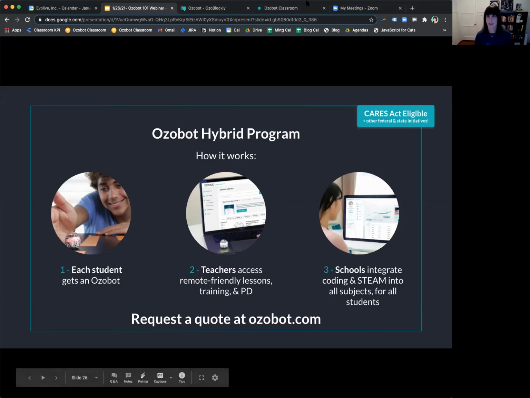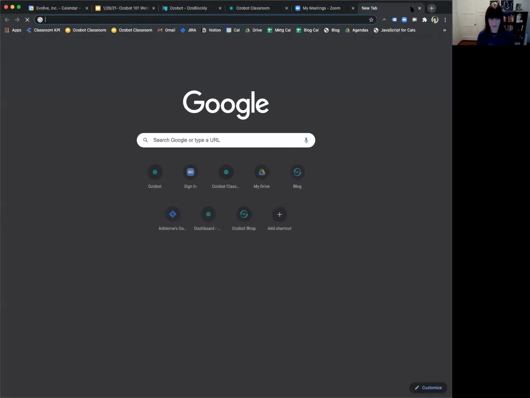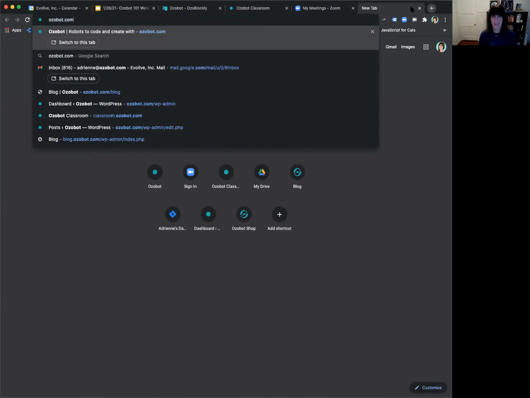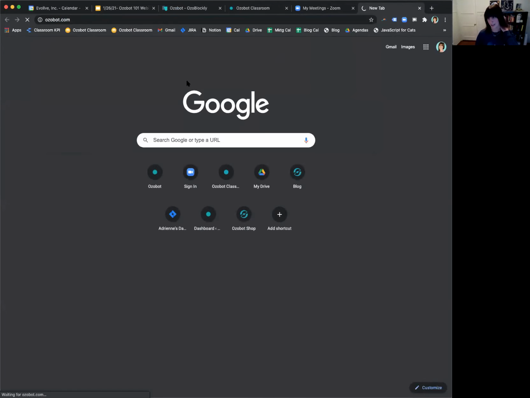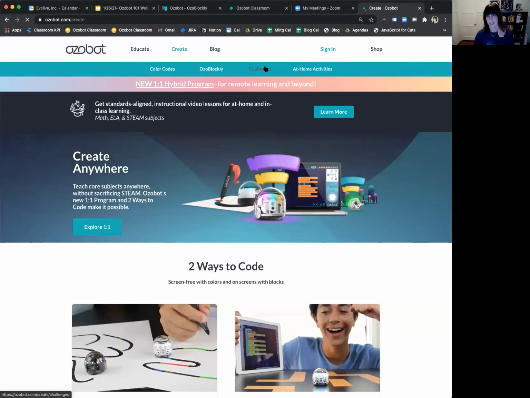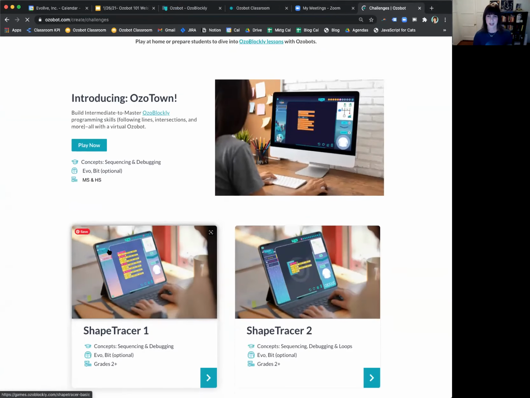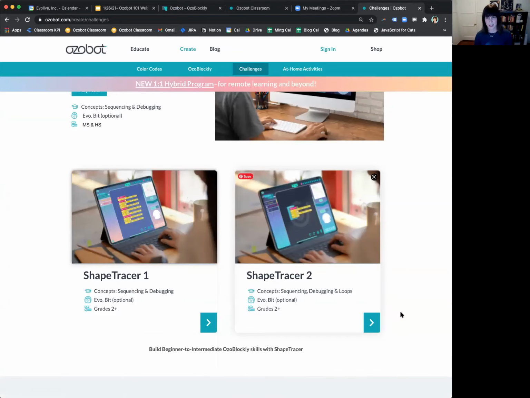I also want to mention, if that still isn't feasible for you, we still want you to feel supported, of course. Melissa, I'm thinking that the Ozoblockly challenges are another great tool for Doreen in particular. If you go to ozobot.com, go to the create section and then click on challenges, our Ozoblockly challenges include Ozotown and Shape Tracer 1 and 2, and these have a virtual robot.